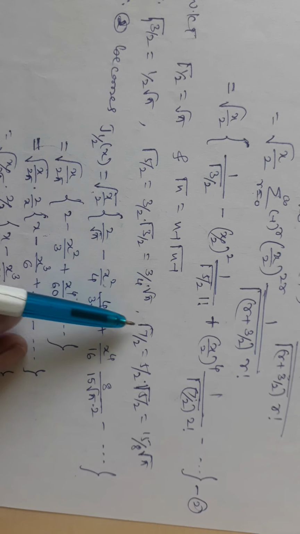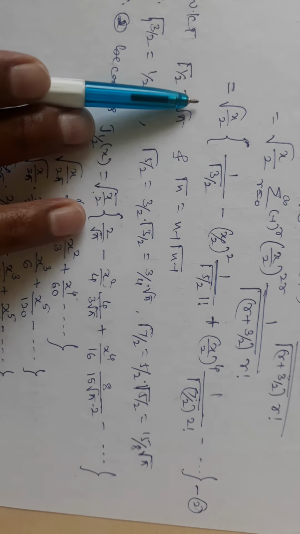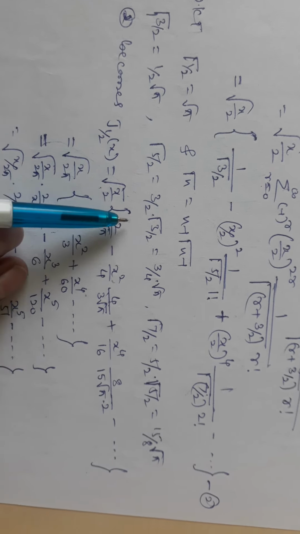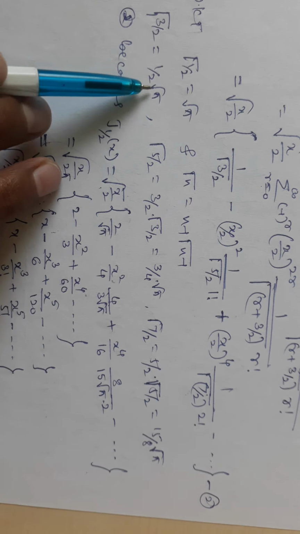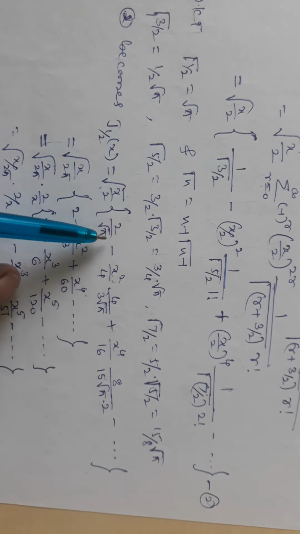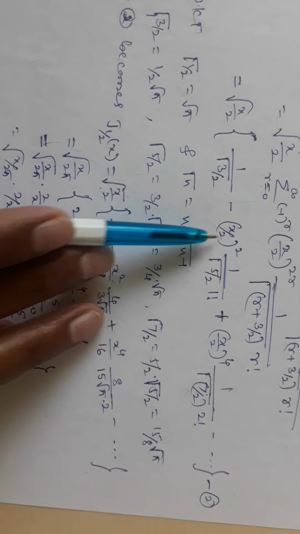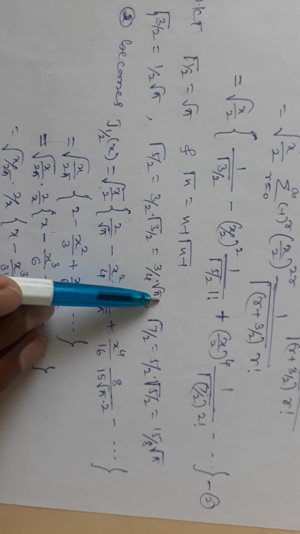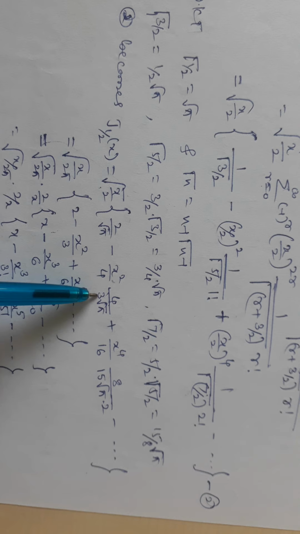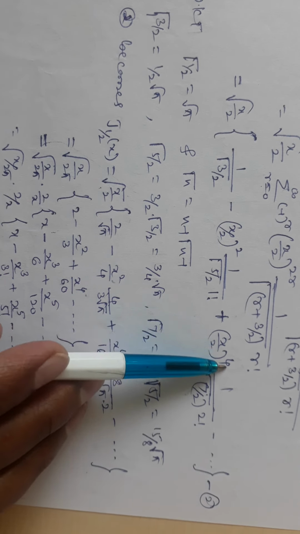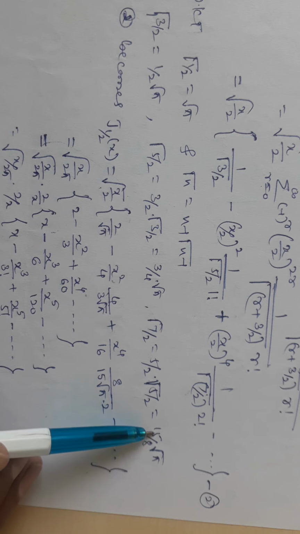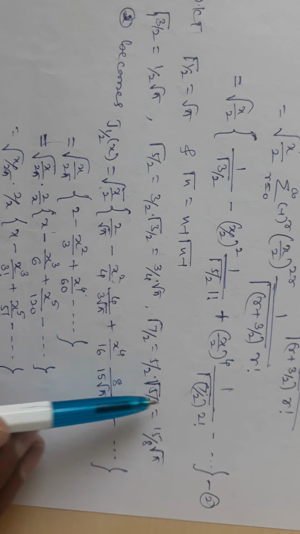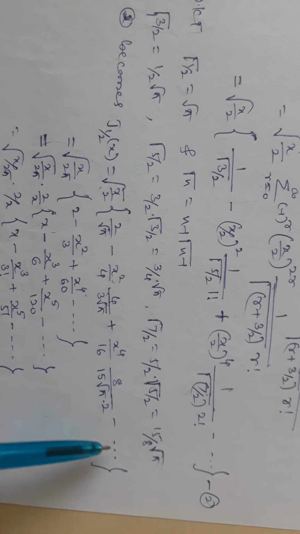So I am substituting these values in equation number 2, therefore J_{1/2}(x) equals root of x by 2 into, this is root pi by 2 but the reciprocal, therefore it is 2 by root pi, and x squared by 4, and this is root pi divided by 4, therefore 4 by 3 root pi, plus x to the power 4 by 16, this is 15 root pi divided by 8, therefore 15 root pi into 2 factorial is 2 minus 1.